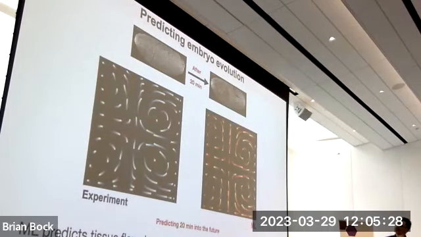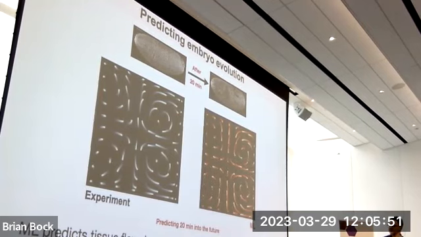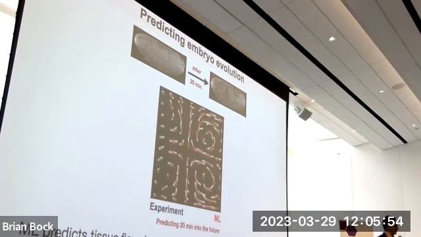So let me jump to the thing that got us a little bit interested in this business. This is Jonathan taking only 2 proteins at the beginning of time, when nothing was moving, and predicting 20 minutes into the future, to when the tail starts forming, using only 2 images of 2 proteins. This is the experimental data plotted out for the flow. This is the machine learning result. I can show you metrics, but you can also just overlap and see. So when we saw that, we asked, well, how did you pick those proteins? Same idea as before.